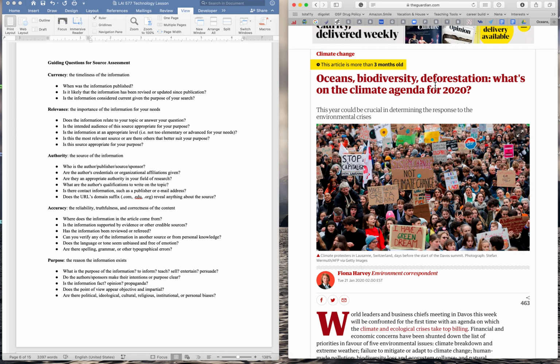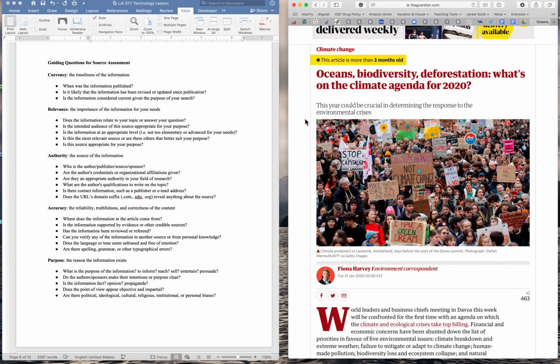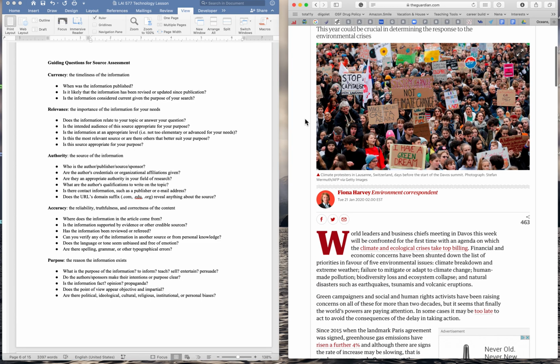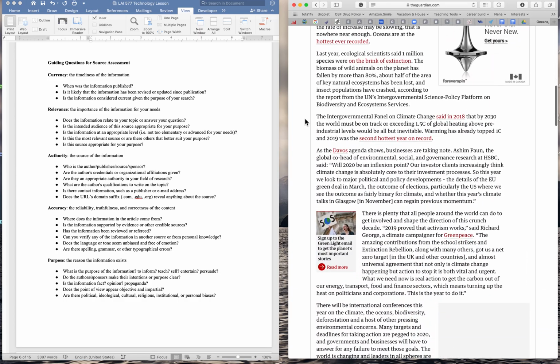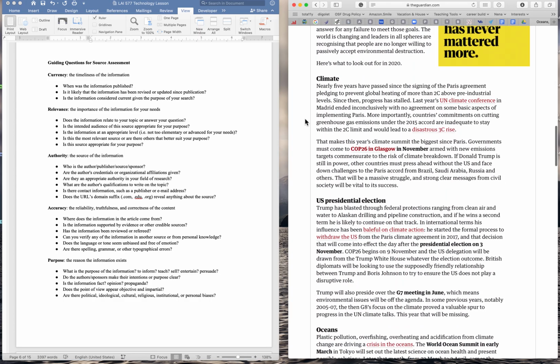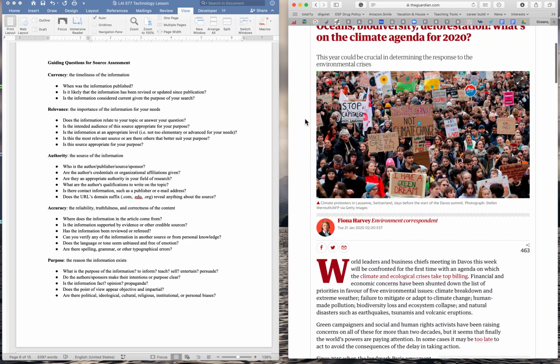Oceans, biodiversity, deforestation, what's on the climate agenda for 2020? I'd say that's pretty good. That's actually excellent, because we do want an overview of a variety of different environmental issues. And authority. So we're going to look at